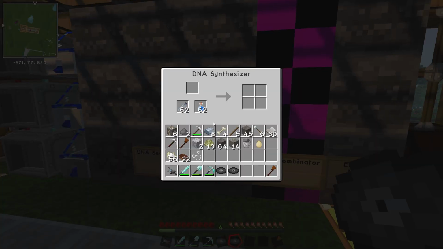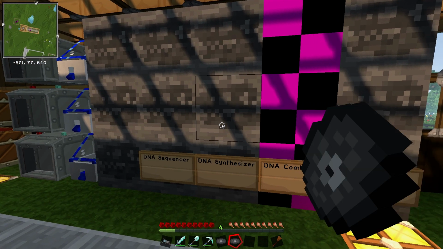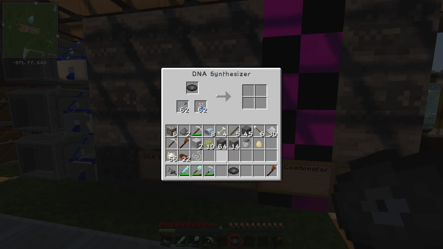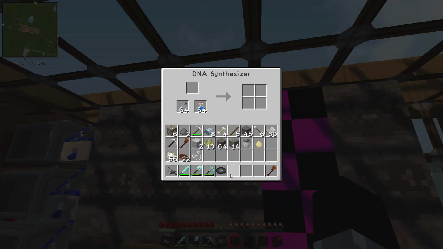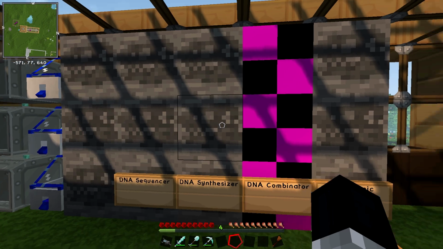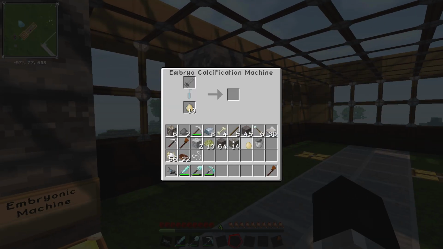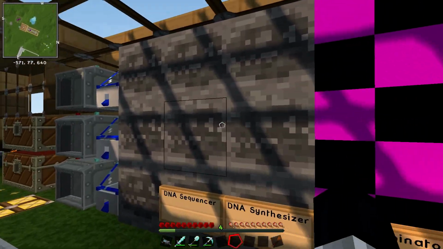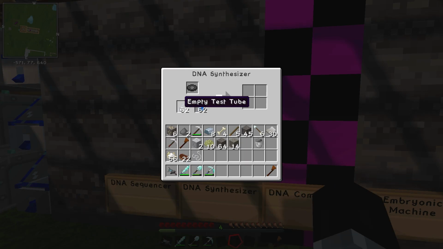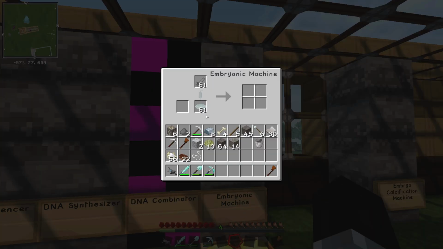We need to go next into the... It's not a DNA extractor. The synthesizer? It might be the synthesizer. It probably is. Yeah, it's a synthesizer. There we go. Okay, so DNA synthesizer. Pop those in. They are actually relatively quick here. We've got one egg, but I think the embryo classification machine already has quite a few in there anyway, so we don't need to worry too much about that. So the synthesizer is going to synthesize the actual DNA that we need to then put in the embryonic machine,